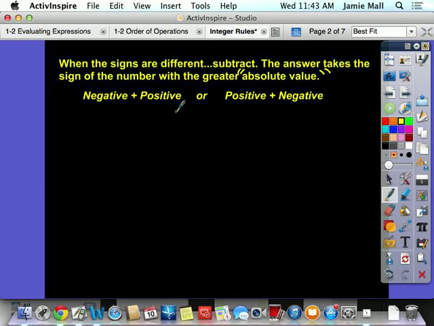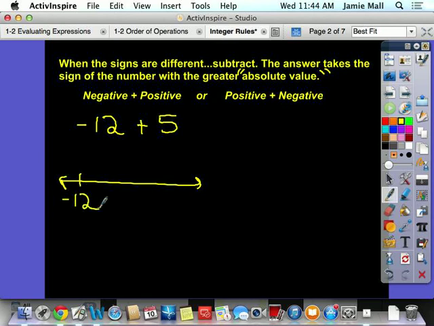So, let's say we are adding negative 12 plus 5. First of all, let's think about visually what that means. Visually, that means that if I'm down here at negative 12 on the number line, I am adding 5, which means I'm moving to the right 5 spaces, which is going to bring me to negative